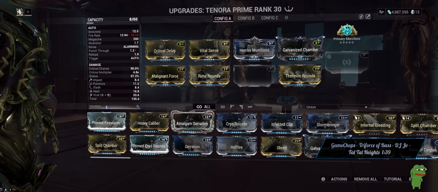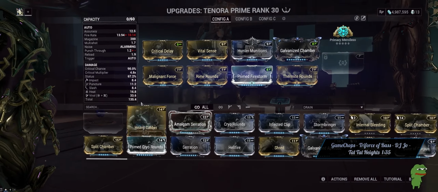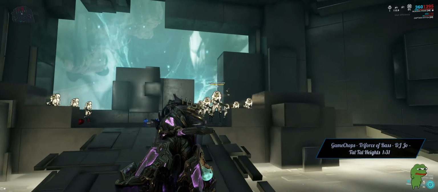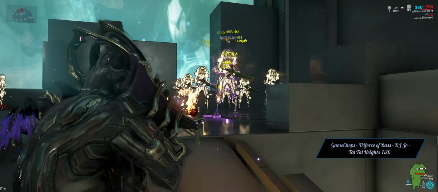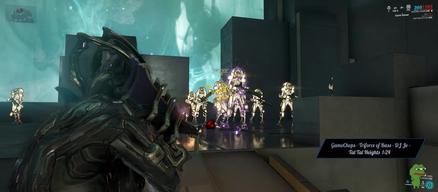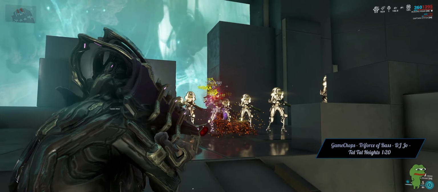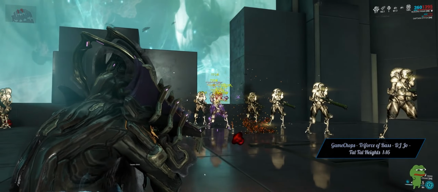The point I'm trying to make is that, simply put, Prime Firestorm: what does this even do? Nothing. It does nothing. You cannot hit things with Firestorm. You can apply it on here, but what does it do? Absolutely nothing. It'd be one thing if the bullets themselves